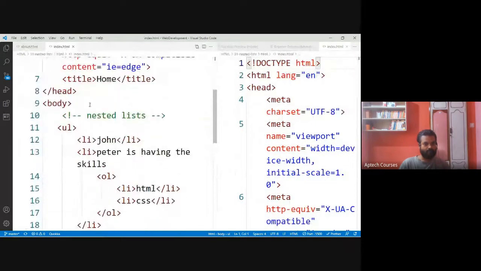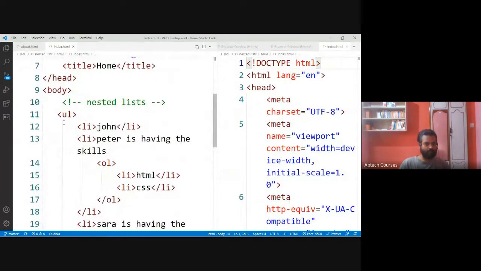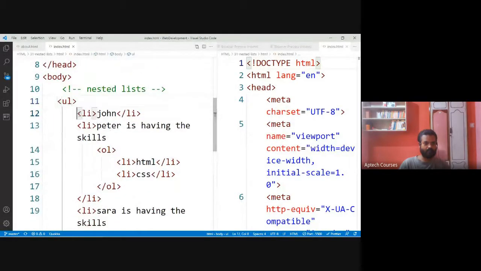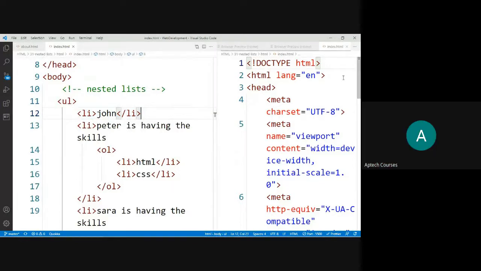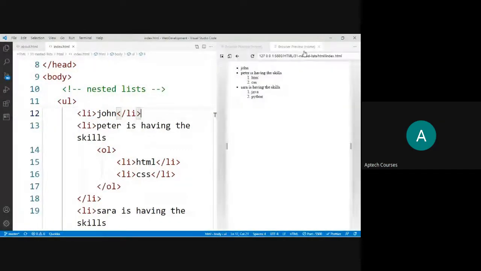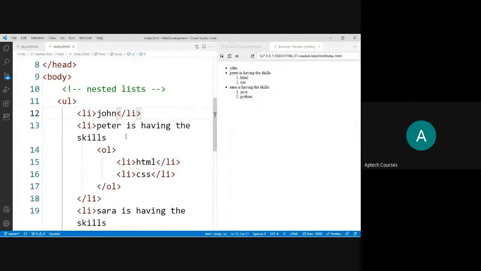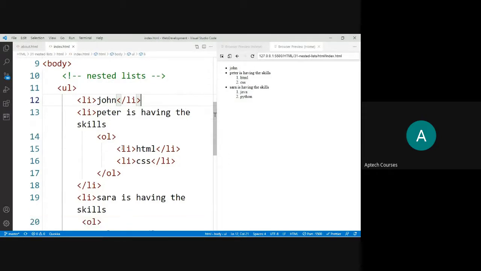So we are trying to nest the list. On the outer, we have the unordered list. Then we have this unordered list. John. Then Peter is having the skills. Then we are trying to include an ordered list, skills list.